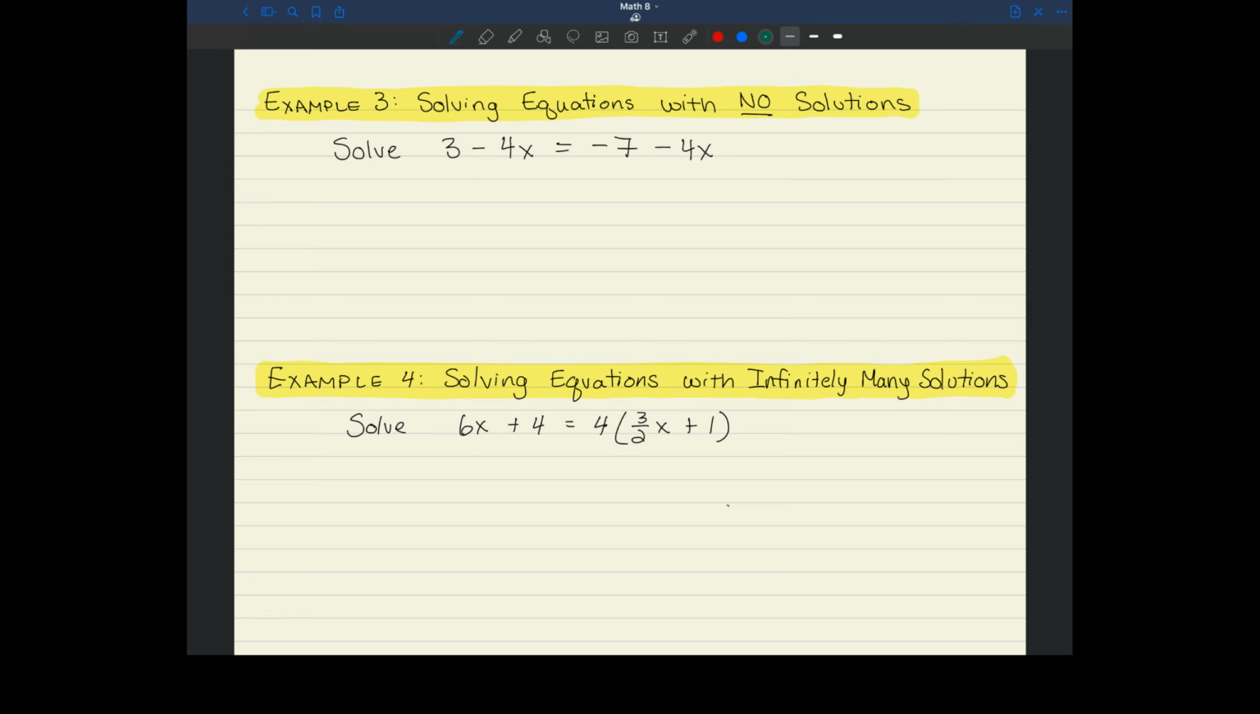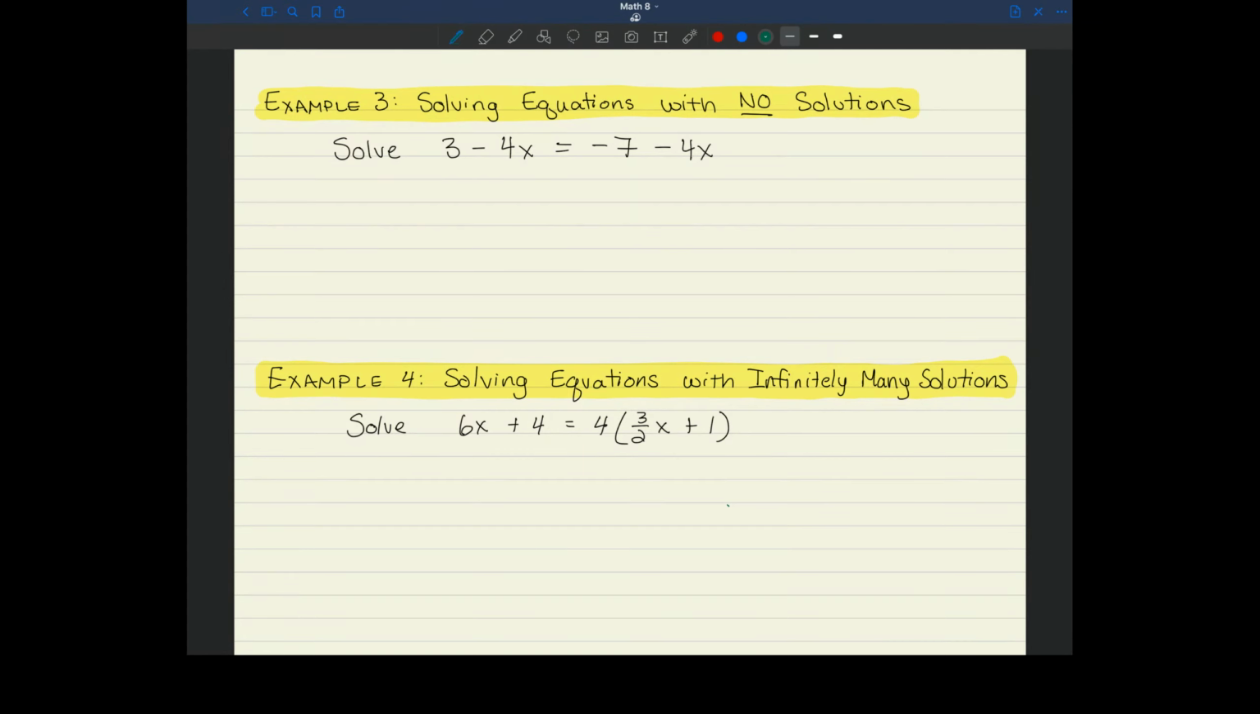Right, so now we're going to continue on. We're going to have some unique problem sets here. So the first is going to be an equation that has no solution. If I look at it, it's very similar to the previous problems. I have constants on the left and the right, and I have variable terms on the left and the right